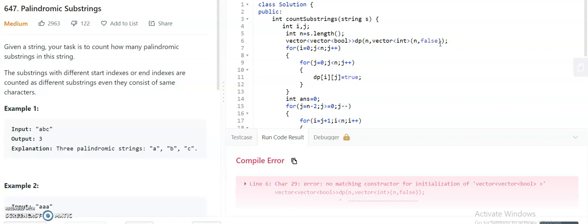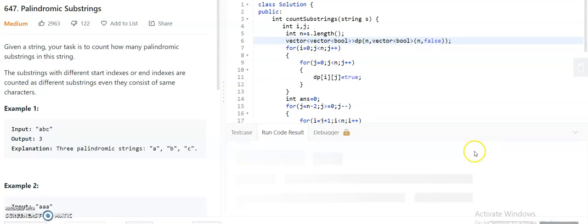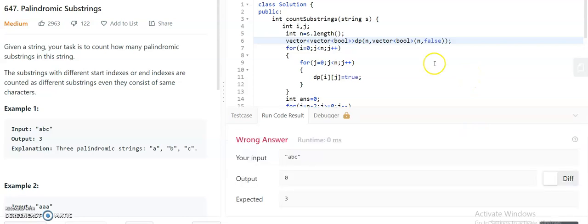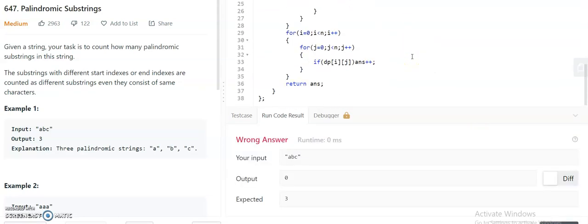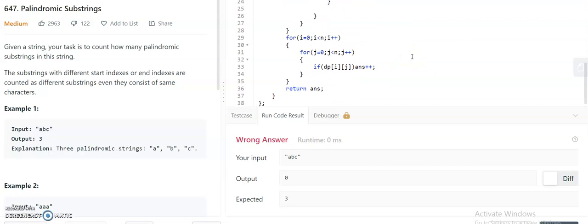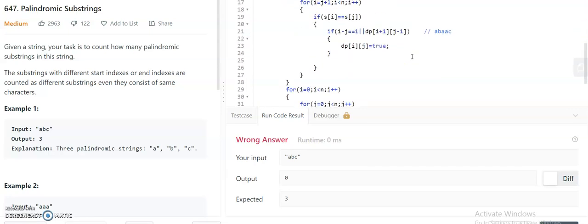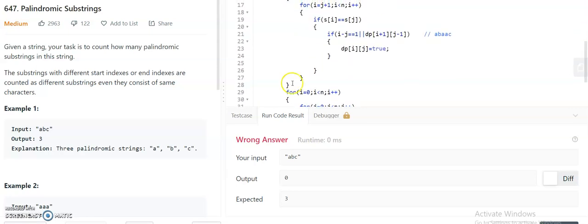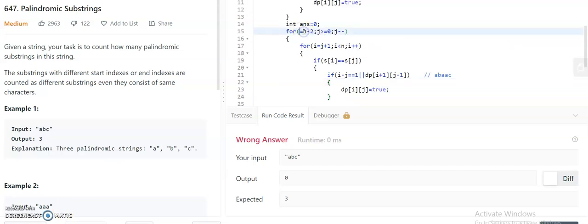Okay, here it is bool, not int. Here it is I and then j, sorry.